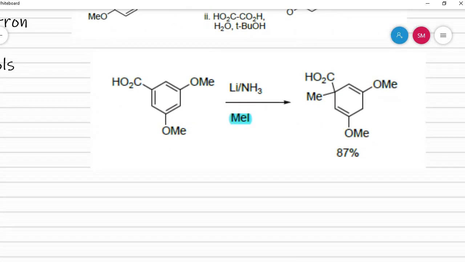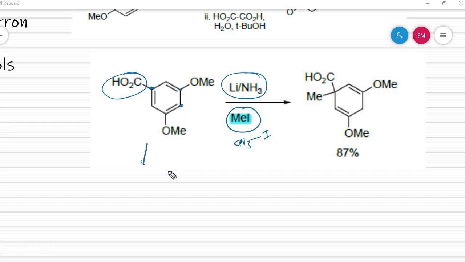Now if I add any electron deficient system, for example methyl iodide. As you see, lithium with ammonia can reduce the benzene ring into the 1,4 biradical systems. Wherever the donating group is, that will not be reduced, the other partner will be reduced. So the withdrawing group attached carbon is going to reduce. So the double bond will not be present there, and the double bond must be present at these positions because these are attached to the donating groups.